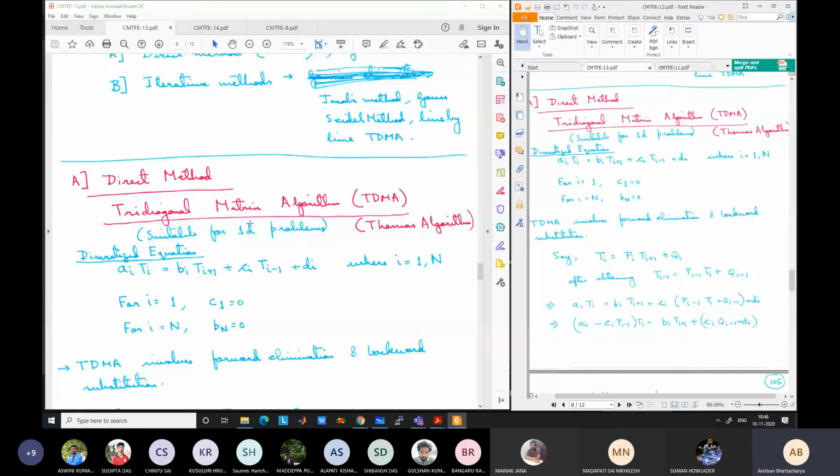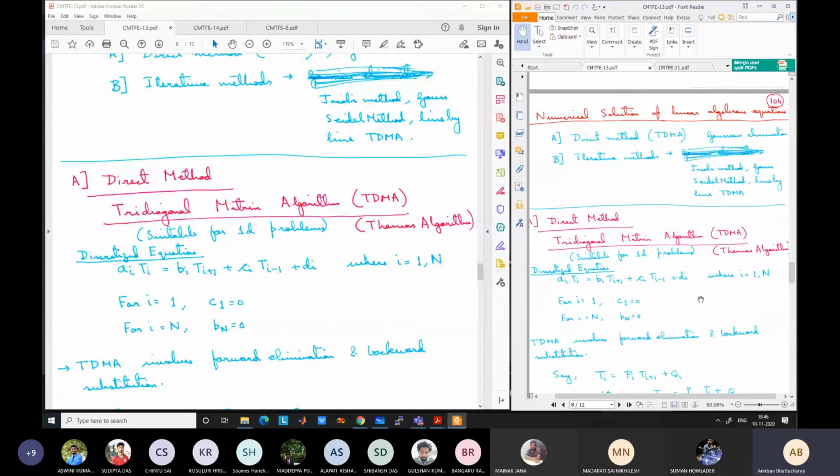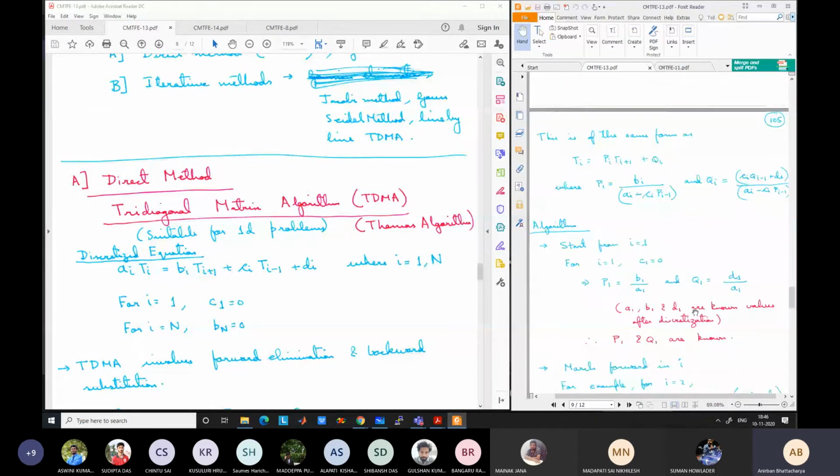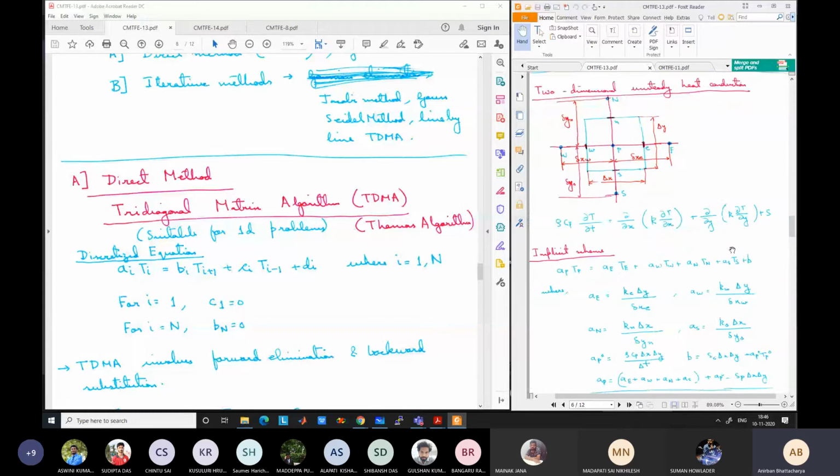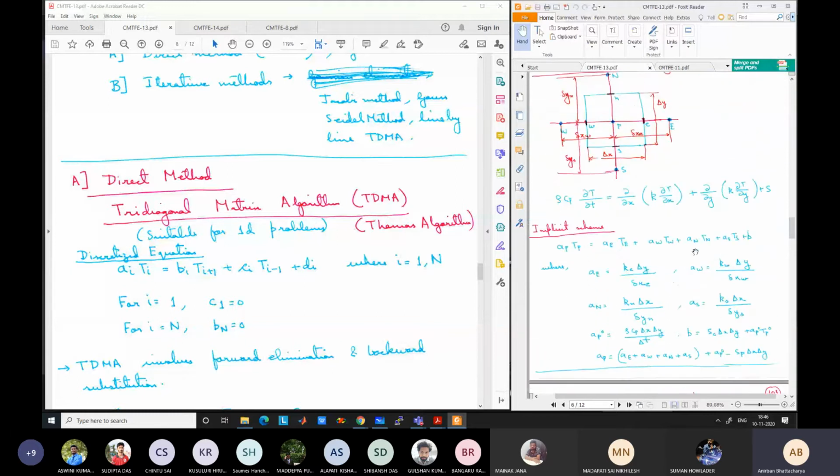In 2D and 3D, you cannot march along the I direction because the neighboring values will not be known. In the 2D or 3D equation, we will have two more coefficients. It will become a pentadiagonal matrix, with 5 diagonals present. The temperature values in the north and south directions will not be known if you just march along the I direction. The J direction values also need to be calculated. So you cannot use the tridiagonal matrix algorithm. In that case, some other normal method needs to be used for direct solving, like Gaussian elimination.